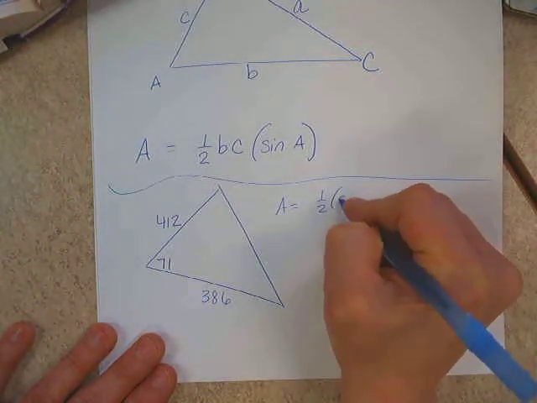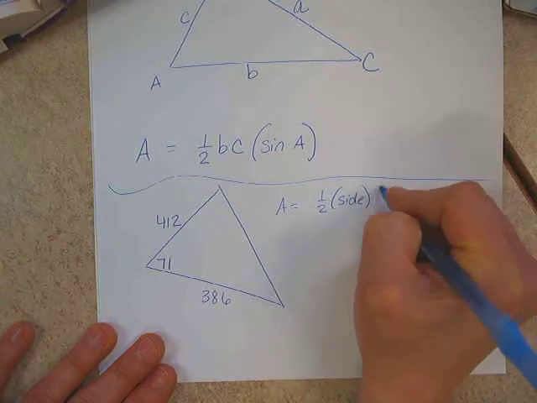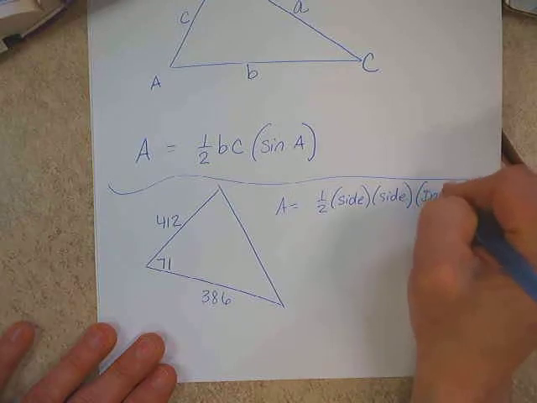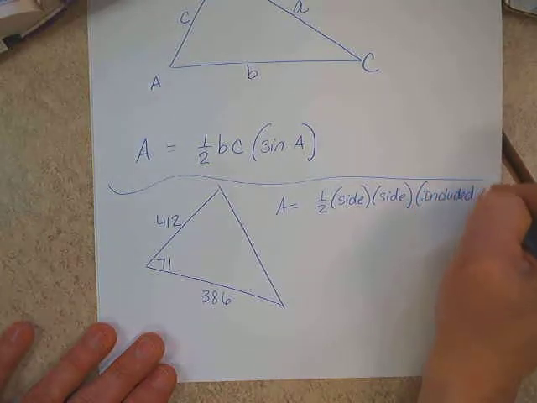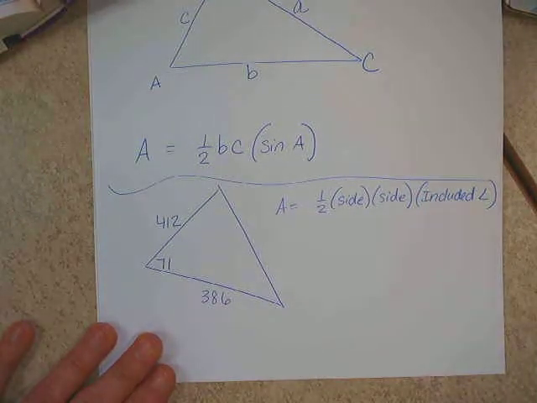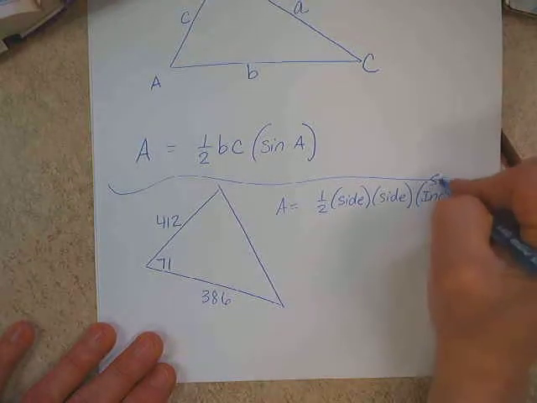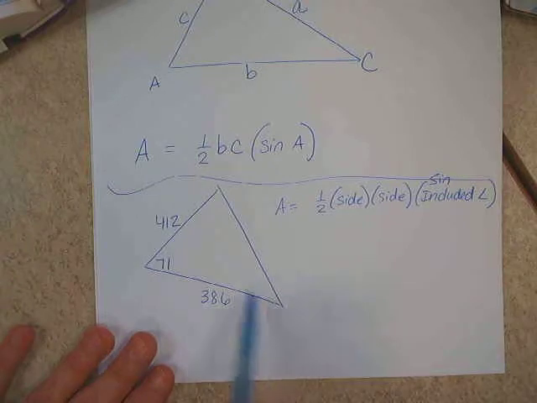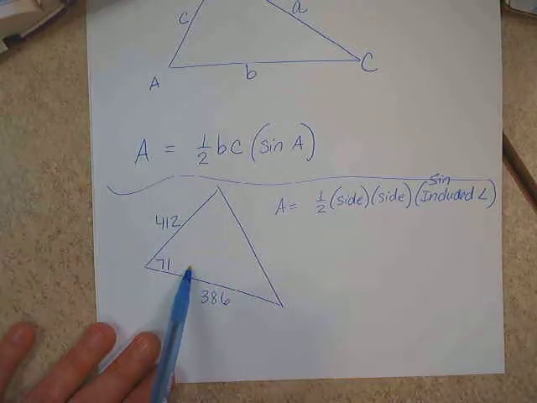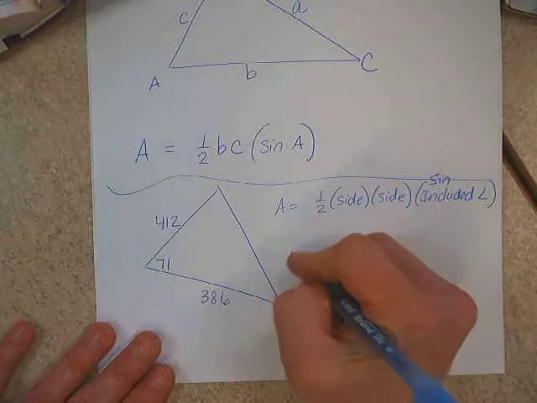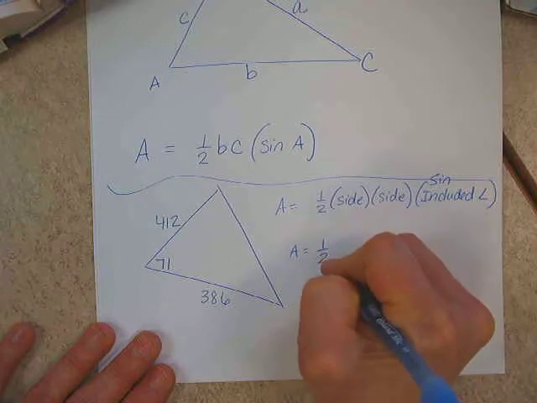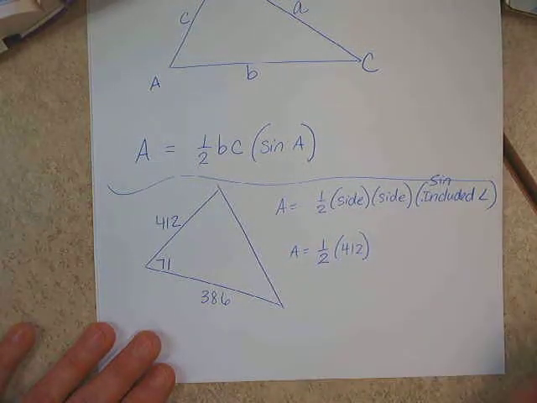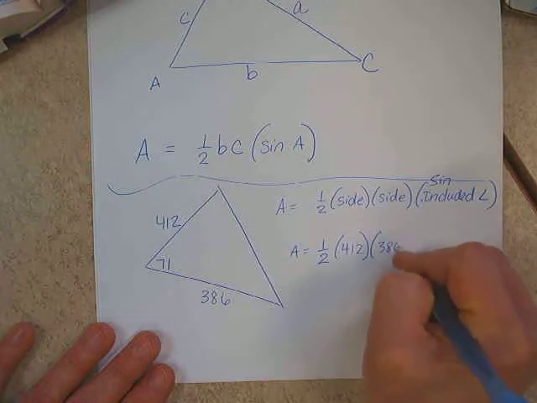We could also put this into words and say this is 1/2, one side, the other side, and the included angle. That's kind of the way you want to look at it, times the sine of the included angle. So just applying this to this diagram, I can find the area by doing 1/2 of 412